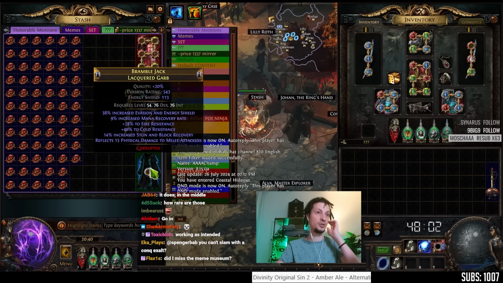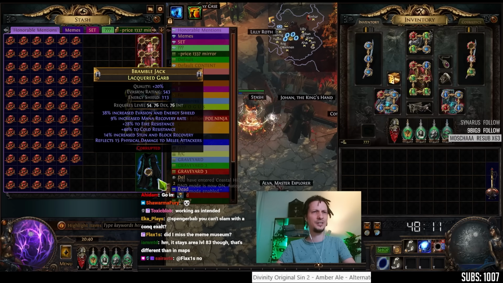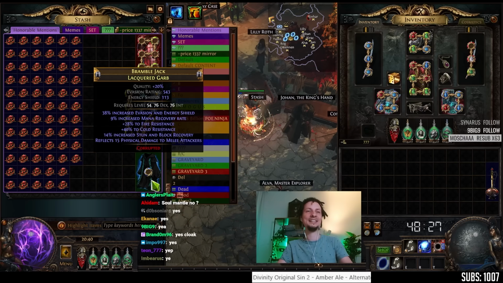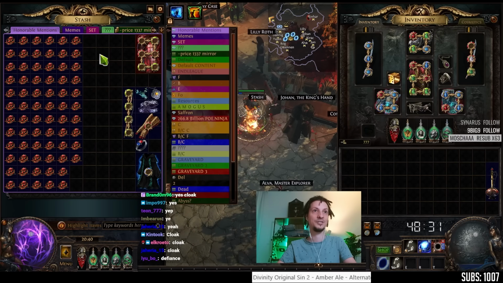Next up, we have a Bramble Jack. Should probably link this to Safarian. It's his favorite chest. This used to be a... What is this? A Cloak of Defiance? That bricked into a Bramble Jack, which is supposed to be a unique chest. Alright,